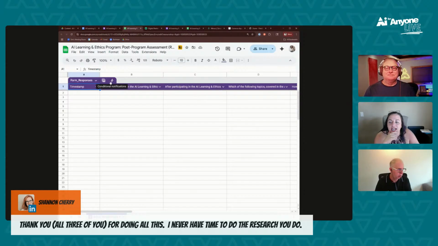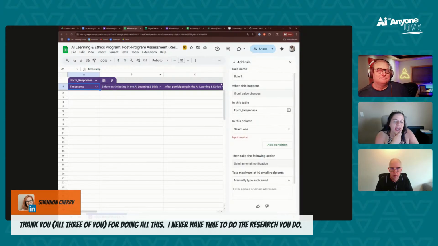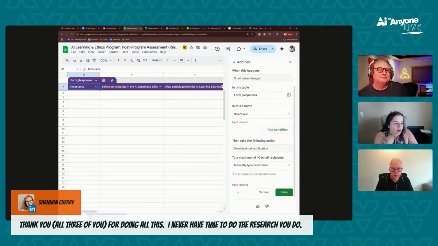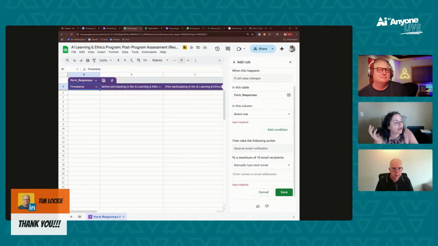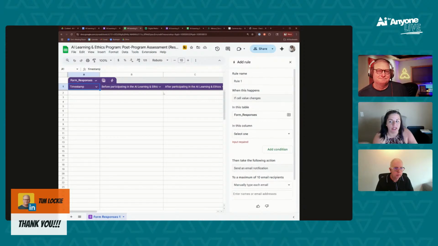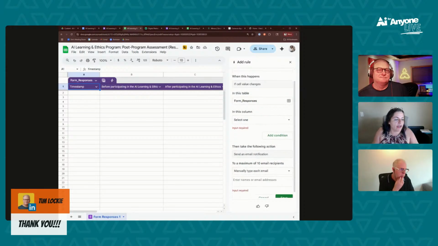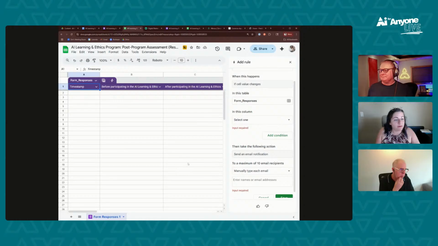But the coolest thing, honest to God, the coolest thing I found in this entire journey was this new conditional notification. One thing that is very close to public is that Google's got a lot better workflow infrastructure, and it is coming hot. But this is a tester of that. What this is saying is that every time some condition is met, this person should be notified in this way. So imagine creating a feedback form, and every time a new response comes in, your board chair gets a notification: hey, Dan Kershaw filled out his survey response.